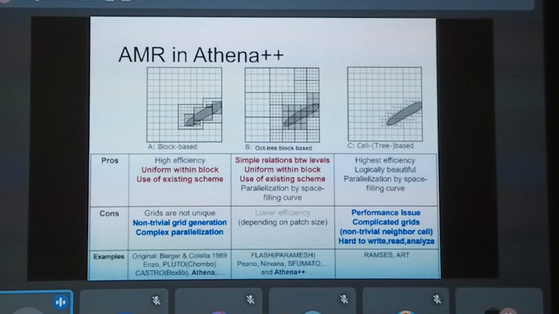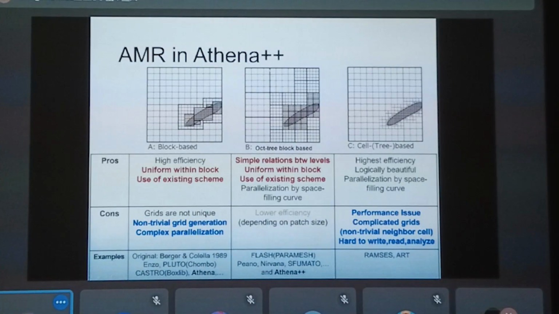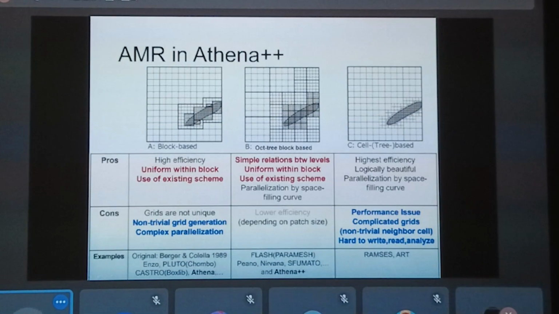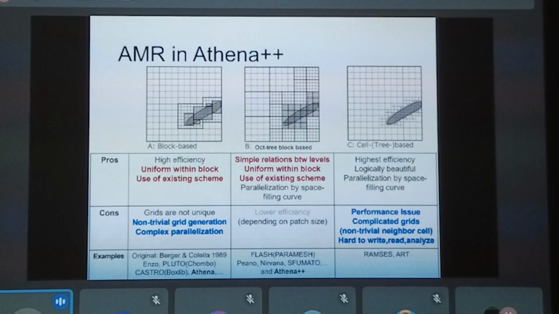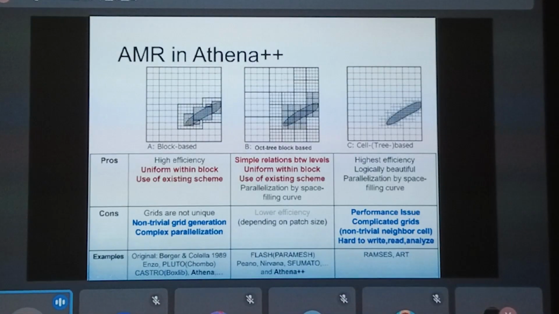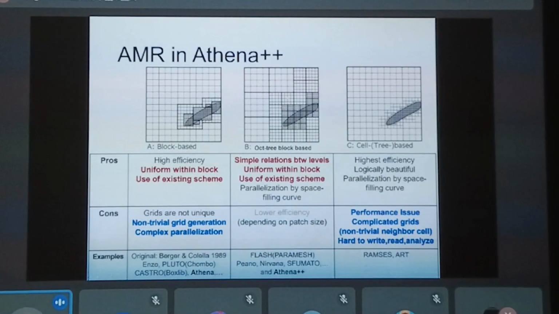Okay, and the second option is what I call octree block-based AMR. So in this one, we actually split the whole domain into blocks of the same size or same shape. And whenever we refine a block, we just split one block into 2 by 2 in 2D, or 2 by 2 by 2 in 3D, smaller mesh blocks. So then, in this design of adaptive mesh refinement,